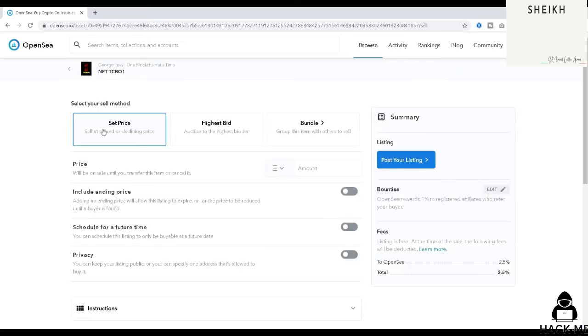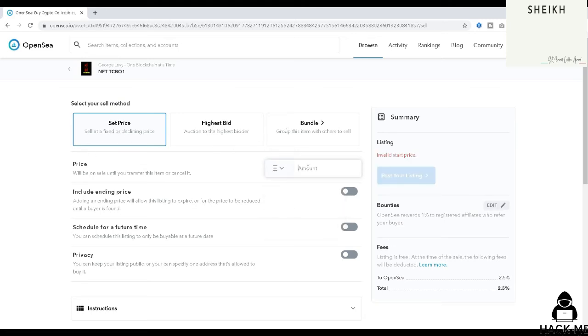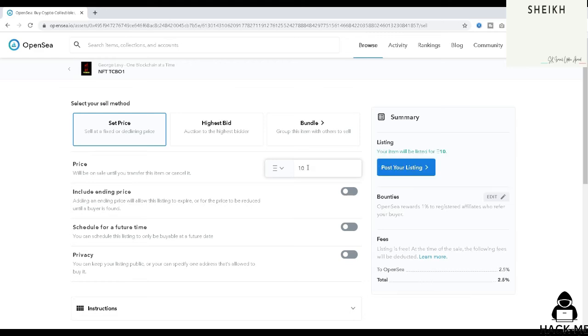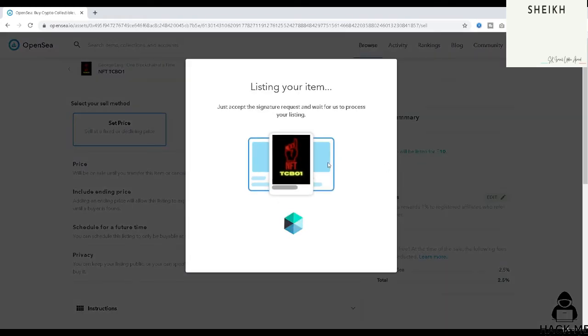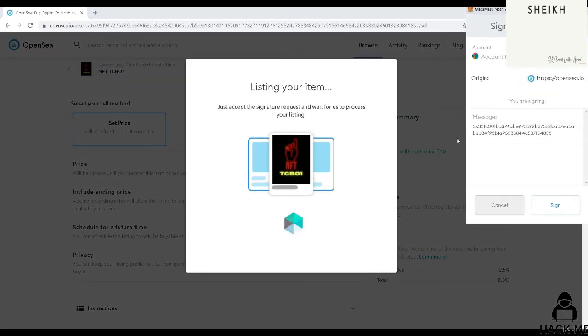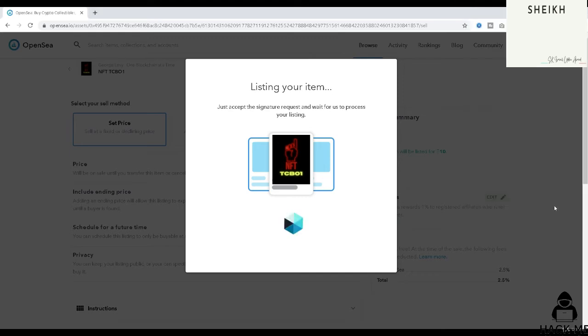Now, I have the option to set the price like I told you. I can set it as an auction or as a bundle. I'm actually going to set the price, and in this case, I want to set the price at 10 Ether. That's going to be the price that I am going to be charging for it. As I told you, I have a very valuable gift inside this, and 10 Ether would be appropriate for what I'm actually thinking about. I'm going to post my listing, and just like that, my MetaMask is going to tell me if I want to sign it. I'm going to sign it,